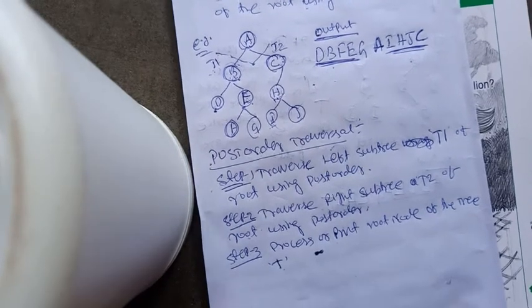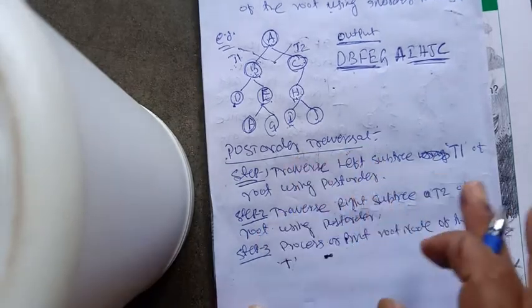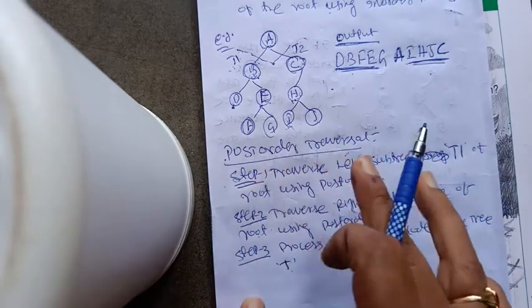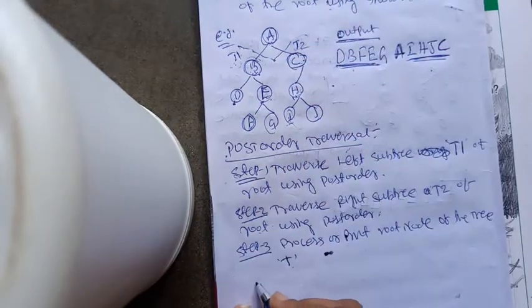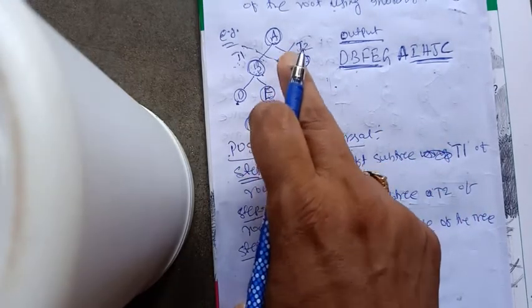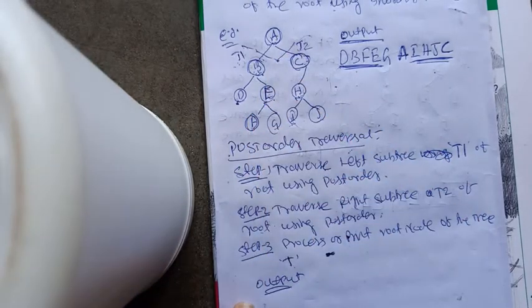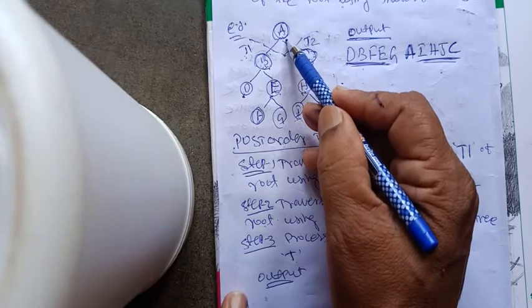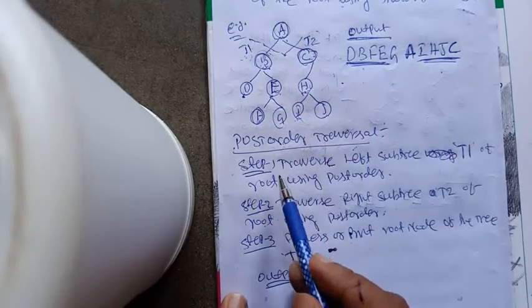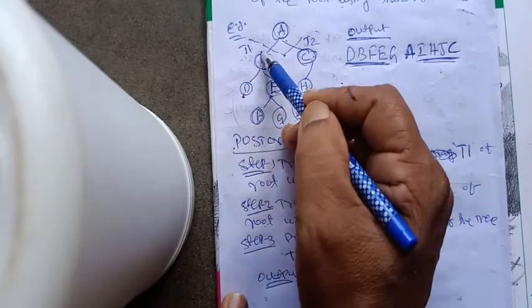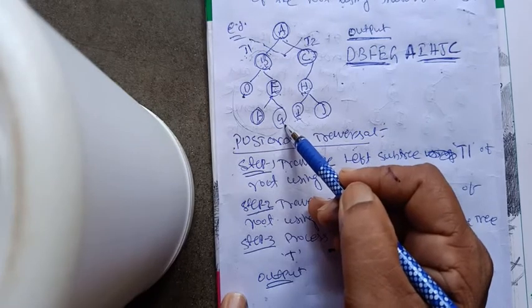Okay. Now if I apply, I am not creating a separate diagram. Let's say the same diagram. If I apply the same post order mechanism on the same tree, then what will be output? Output of post order traversal on the same tree, which we have discussed in our inorder case. So first is root A. Now we shall not process A, rather we shall first traverse the left subtree. So we'll move to its left and we shall traverse the T1 first. But T1 now should be traversed using post order. So find out what is the root of T1.